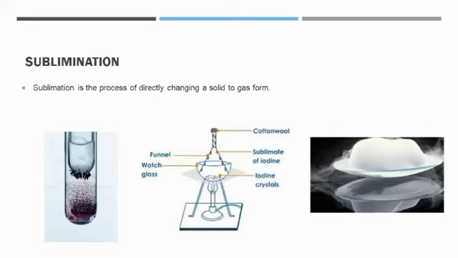So say I have iodine and some other crystals or any other impurity that does not sublime, and I know that it contains iodine which can sublime. So I'm going to set up this kind of an apparatus where I am going to keep a dish on my Bunsen burner, and the mixture will be inside. Over here you can see the iodine crystals have been labeled, and so you will have cool cotton wool on the sides of the inverted funnel that is going to help the substance to sublime. So when the iodine crystals are heated, they sublime directly from solid to gas. What will happen? They will go up and they will condense over here with the help of the cool cotton wool that has lowered the temperature, so it will help them condense. This is how sublimation takes place.